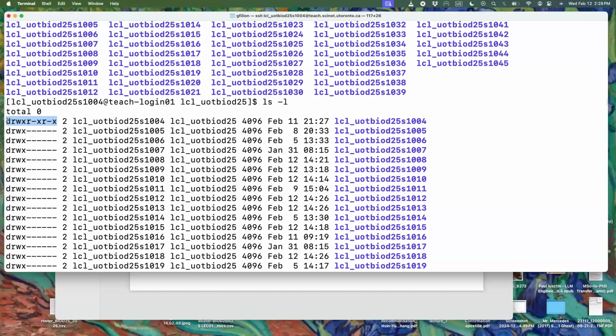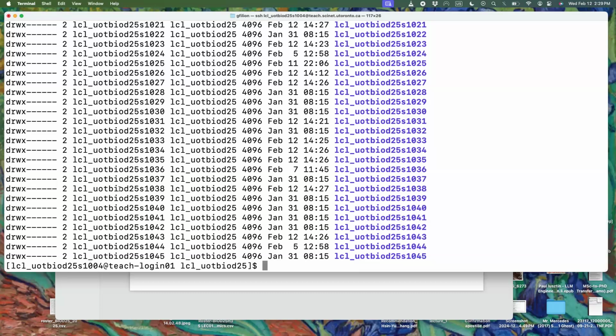Don't worry about this. But what you can do is you can still see what I'm doing, and you can copy things from me. And the fact that you can do this from me does not mean that you can do it from everyone else. I had to change the permissions here in my home so that you can do that. So when you do ls now in your home,